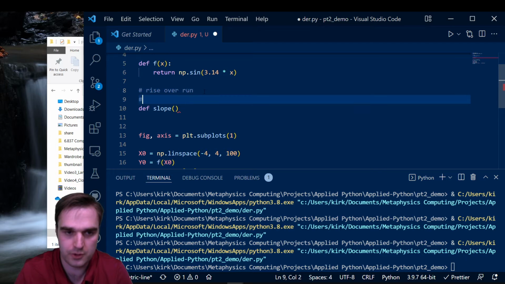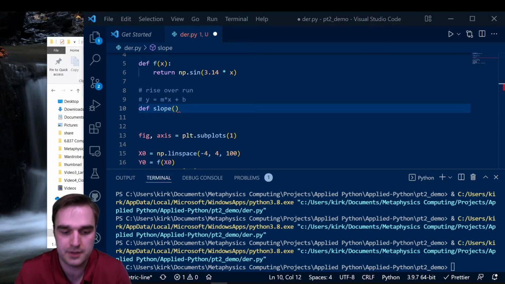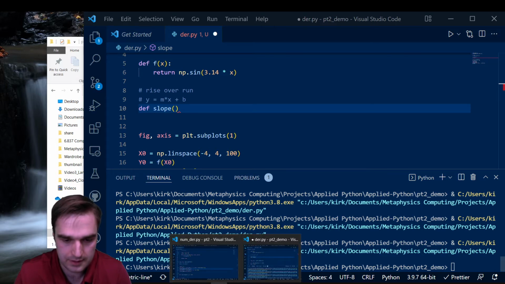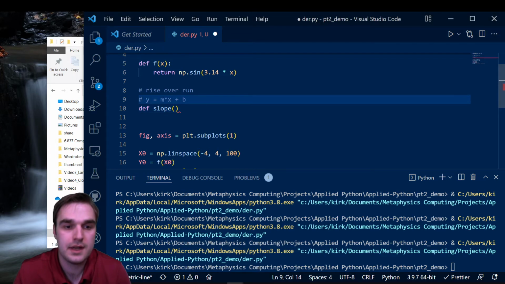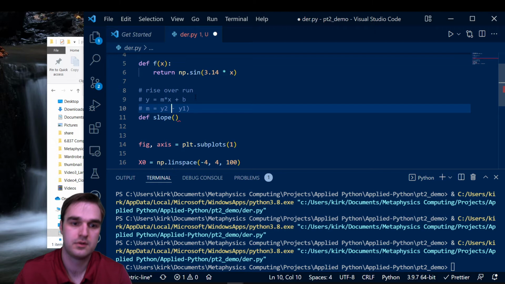If you also know the equation of a linear line, it's equal to y is equal to m times x plus b. I wonder if I need to make this font size bigger. No, that font size is plenty big. You should be able to see that. And m is the slope. M is the slope, and that is equal to y2 minus y1 divided by